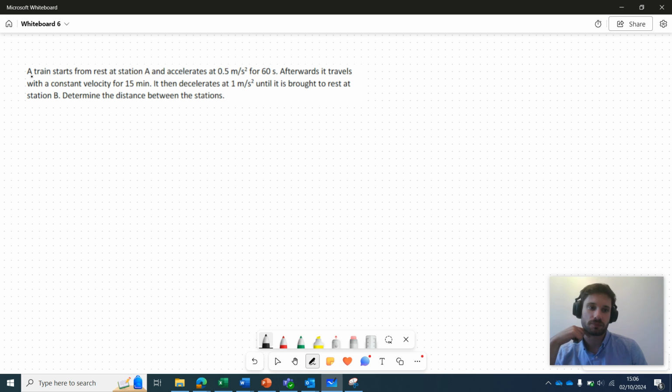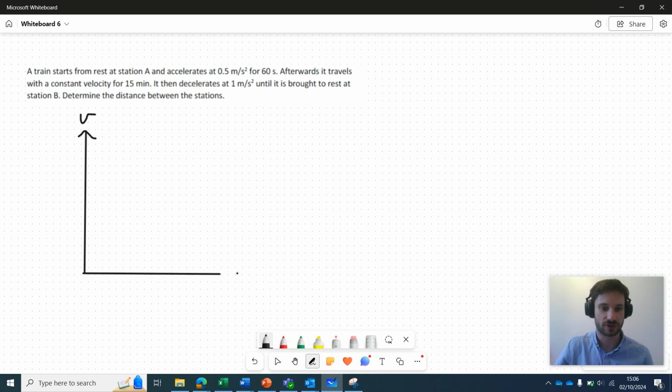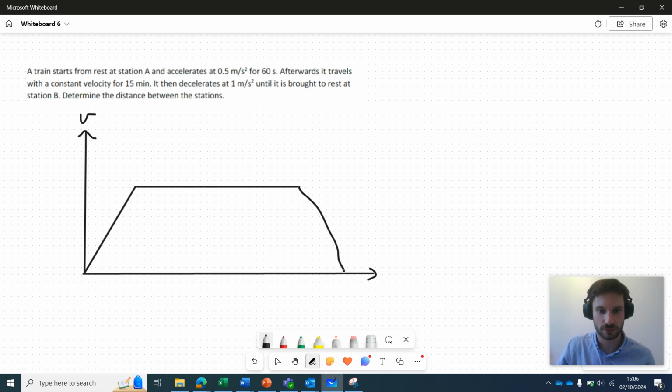So personally, I feel the best approach for a problem like this involves visualizing the problem. So we could draw up a velocity time graph here, since we've got three different velocities that it's describing. So on the vertical, I'd have velocity, and on the horizontal, I'd have time. Doesn't have to be to scale. We have this first section here where the train is accelerating. We have this 15-minute section here where the train is at constant velocity, and we have this, we'll soon find